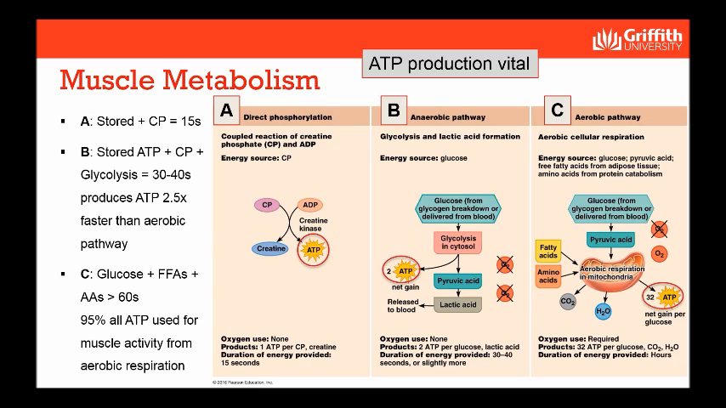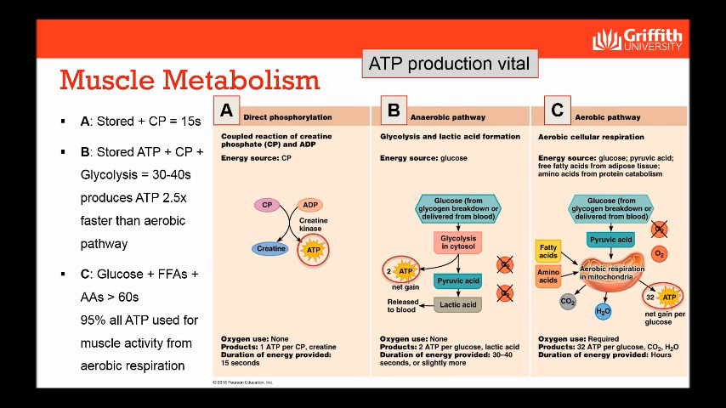The third process by which we produce 38 molecules of ATP is in the presence of oxygen. This is called aerobic metabolism, or aerobic cellular respiration. Glucose and pyruvic acid and fatty acids and amino acids all come into the mitochondria and can be converted to ATP. But the one thing that is necessary for this process to occur is oxygen. This is aerobic respiration. So, in the first instance, for about the first 15 seconds of exercise, creatine phosphate is